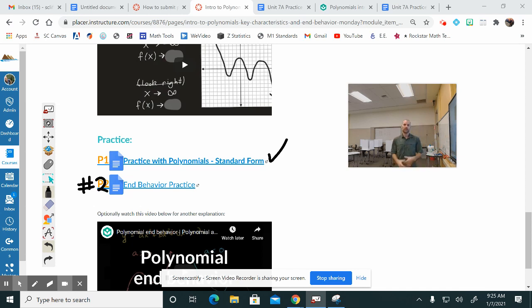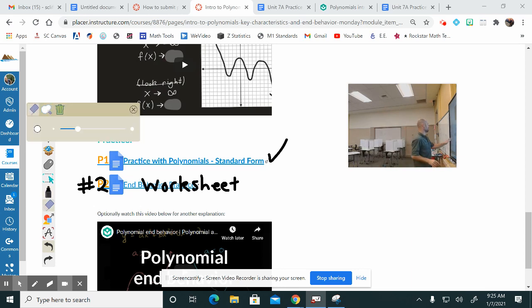Okay, now let's just pretend that when I clicked on this one, it opened up into a worksheet, and this is going to be handwritten work. Okay, now the best way to deal with handwritten work